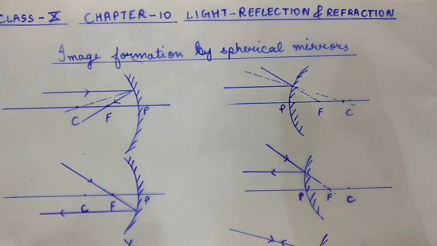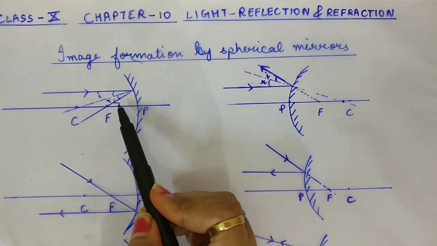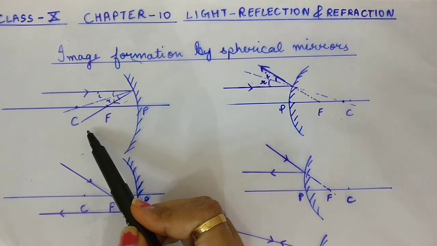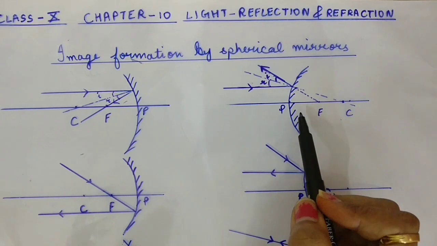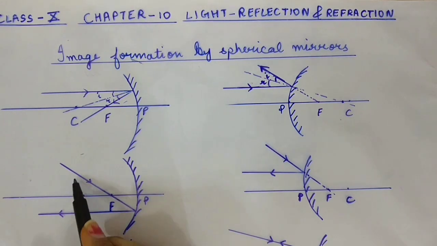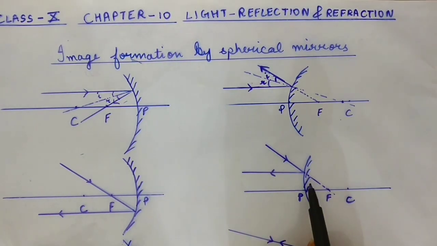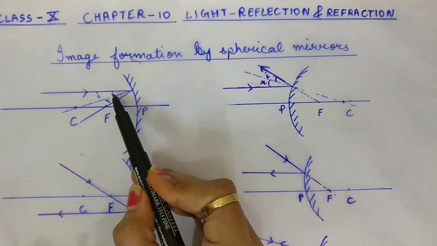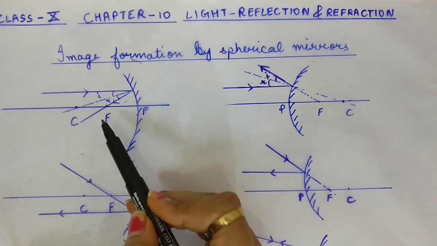Now let us learn a few rules which will help you to make the ray diagrams. A ray parallel to the principal axis after reflection will pass through the principal focus in case of concave mirror, or appear to diverge from principal focus in case of convex mirror. Second, the ray passing through principal focus of a concave mirror, or a ray which is directed towards the principal focus of the convex mirror after reflection will emerge parallel to the principal axis. Now the angles I have shown here are the angle of incidence and angle of reflection, which should be equal as per the laws of reflection.